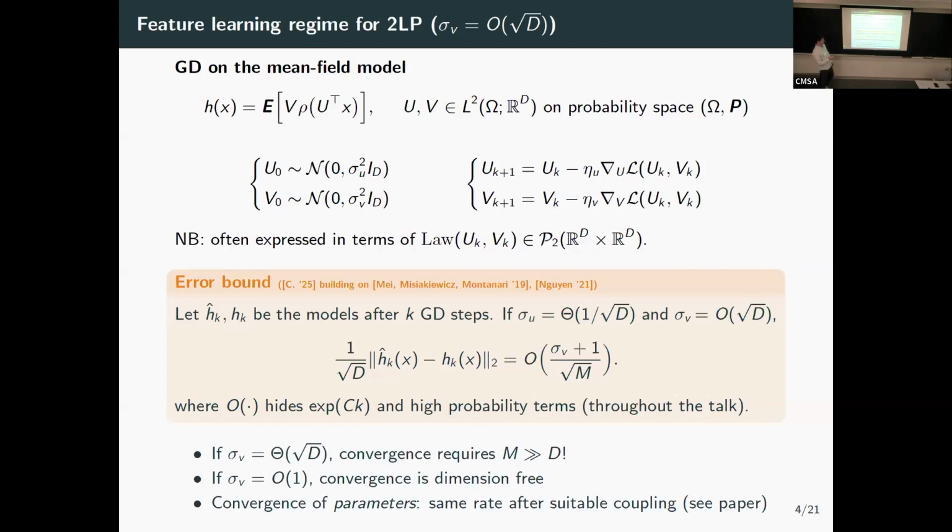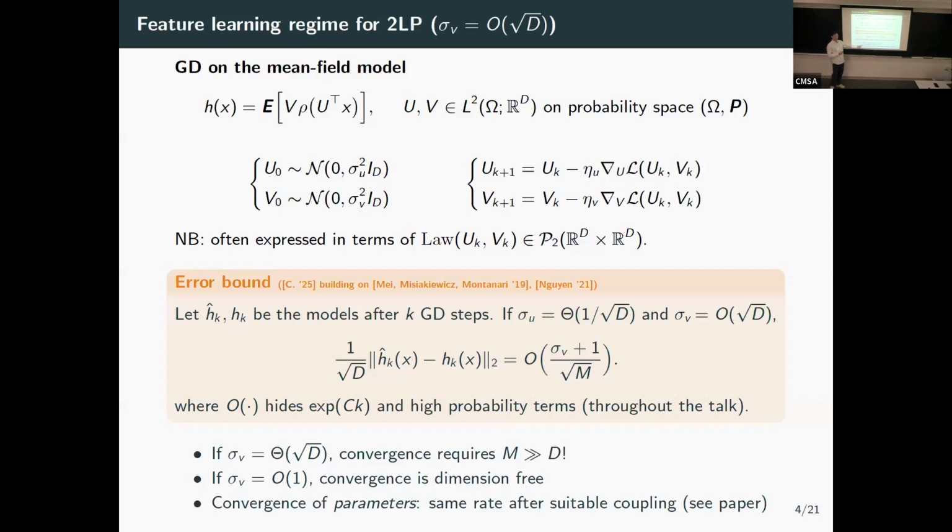So what we notice is that if sigma v, the output layer scale, is square root of d, we converge to the mean field limit only if m is much larger than d. Often, in the literature of two-layer mean-field neural networks, it's said that the convergence is dimension-free, which is the case